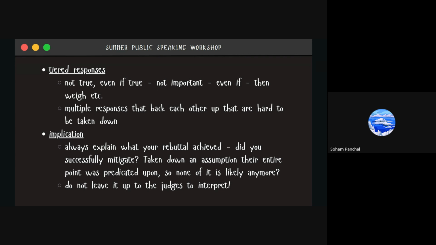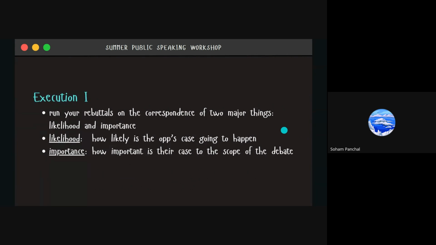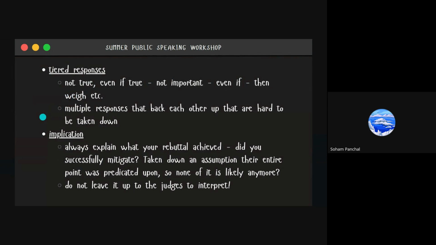If you provide it with a clear structure, you successfully put the rebuttal in the debate. Okay. Now, tiered responses. What you mean by tiered responses is that first you come up and say that first you